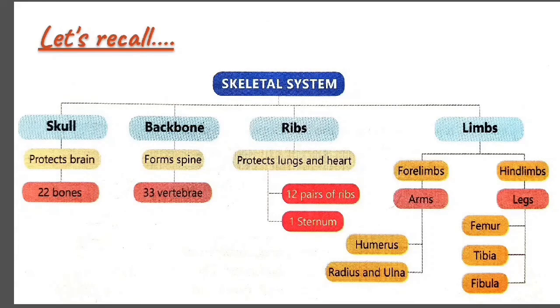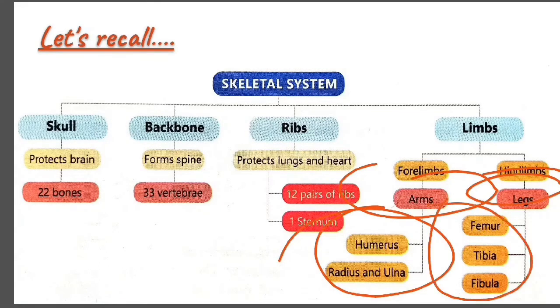Now limbs also, you must be clear that forelimbs and hindlimbs, we are having 2 limbs, and that is arms and legs, and we are having these bones as a part of your limbs: humerus, and femur is the longest bone in our whole body. Okay,